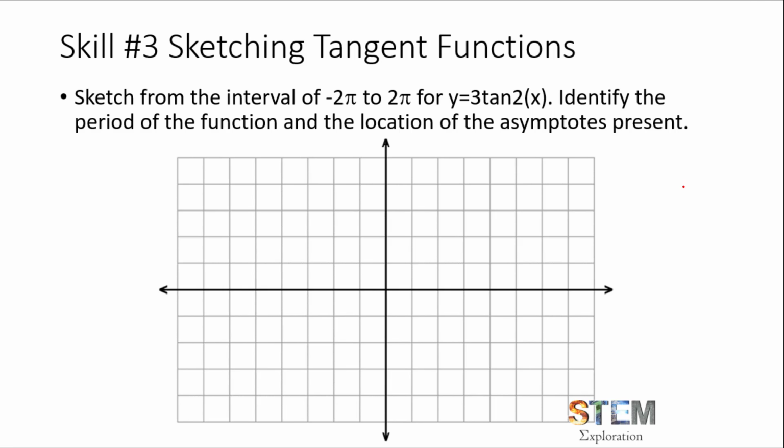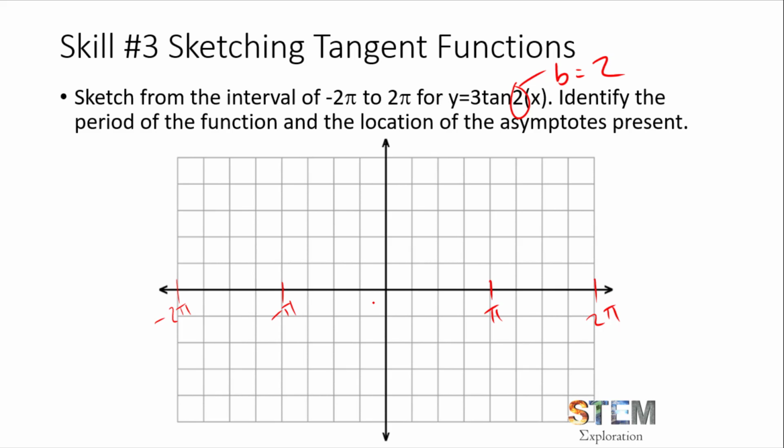I want to go over how to sketch some of these. And I did pick a little bit more elaborate example, so please bear with me as I go through this. But I am seeing that the b value is equal to 2. So if I go from 0 to pi and 0 to 2 pi, and I'm being intentional about what I'm picking here because I'm going to go to 2 pi and then I'm going to go to -pi, -2 pi in the other direction. And so the first thing I would actually do to get started here is determine where